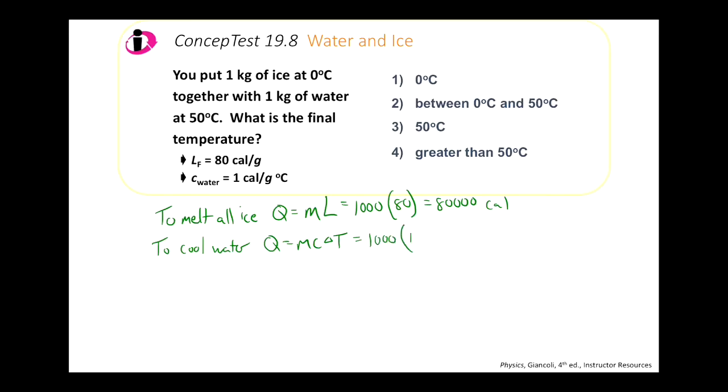C is just 1 in these units, and delta T is 50. Well, notice that's only 50,000 calories. We don't have enough energy in the water to melt all of the ice. So what does the final temperature have to be? It will